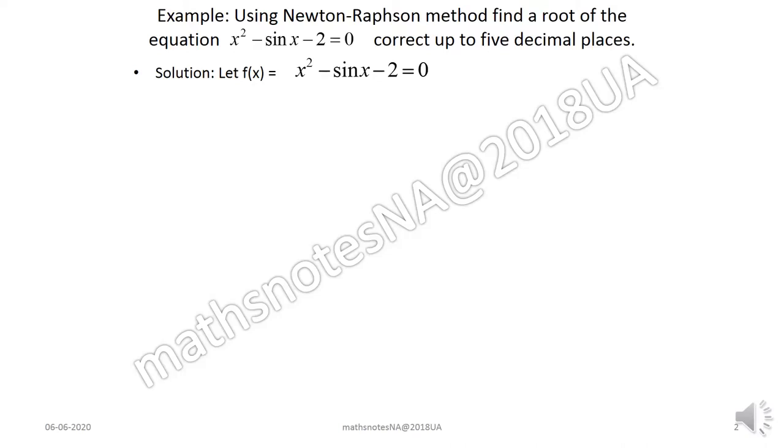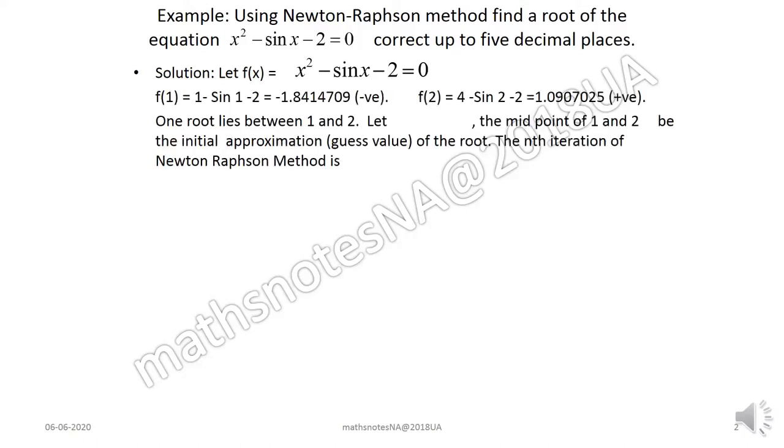We take random values of x and put in the function. So let's take x is equal to 1 and see that its function value is negative here. We take x is equal to 2 and function value is positive here. It means we found one interval 1, 2 in which root lies. Now let's take midpoint of the interval, which is 1.5 as x0, that is initial point or initial approximation of